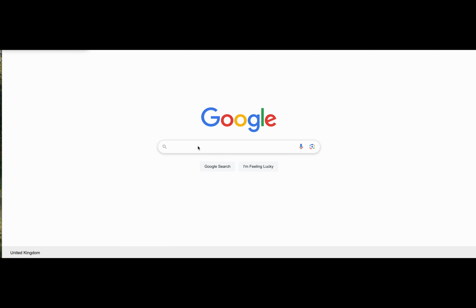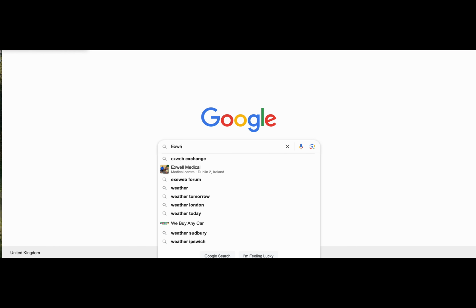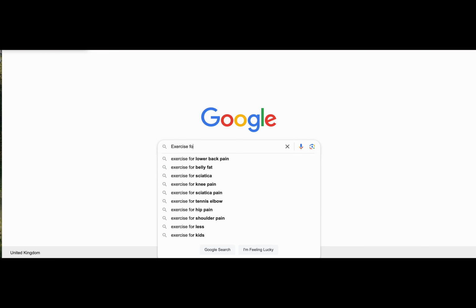Let's go back to our exercise niche. So in the search bar, I'm going to type exercise. Oops. Can you see already we have a list of possible niches that we could use? But there's more. If I put exercise for, it generates more. But this is the clever bit. This is called alphabet soup.